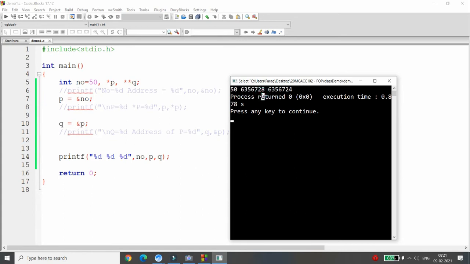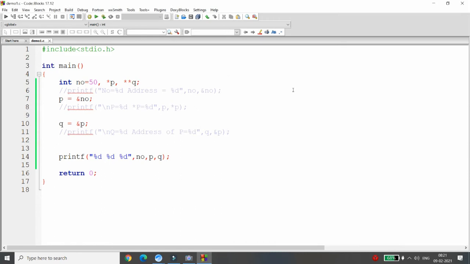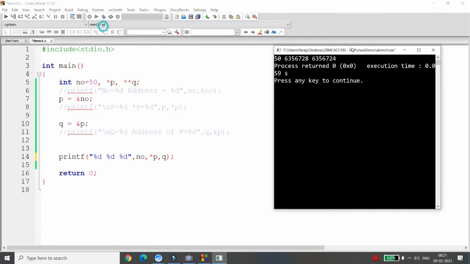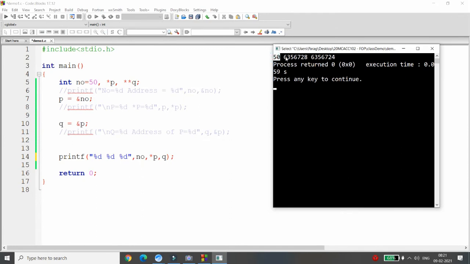This value is stored at this address. So I want the value. Very simple. If you write *P, then what happened in the earlier program, students? This 50 is stored at this address, so if you write *P, it will retrieve the value stored at this address, and the value available is 50. Now, at this address, which value is stored?